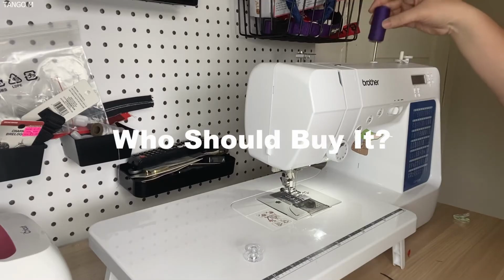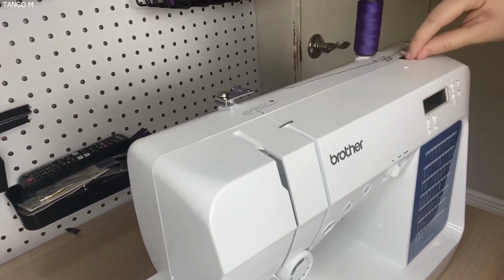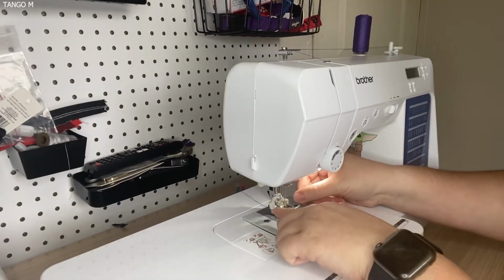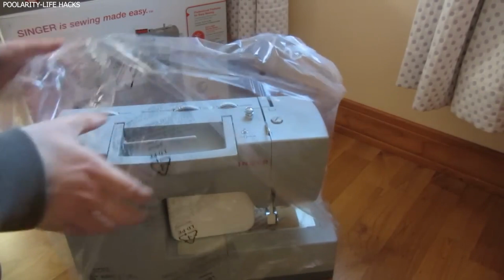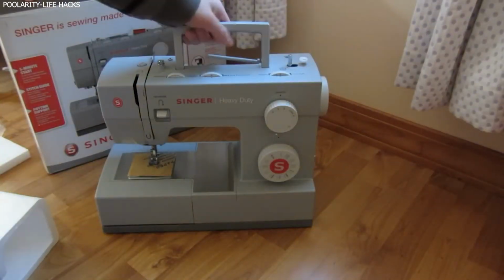Who should buy it? The Brother CS7000X is an excellent choice for beginners and hobbyists who want an affordable computerized machine with enough features for everyday sewing and quilting. Number 1. Singer Heavy Duty 4423. The Singer Heavy Duty 4423 is a robust sewing machine designed specifically for working with thick fabrics like denim, canvas,